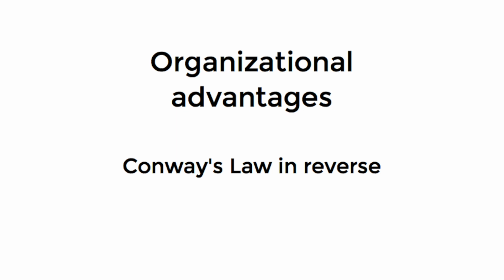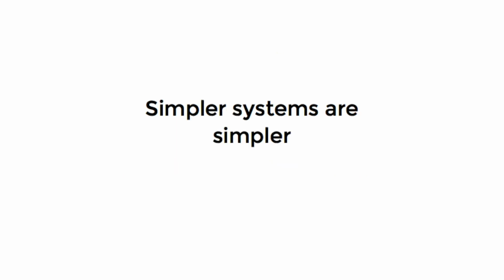But the reverse can also be true. You can structure your software such that it demands that teams be in an efficient structure. You can demand that your software is built in a way that makes for efficient teams. So the first organizational advantage is simply that simpler systems are simpler. Each individual service is a small, isolated domain of understanding. It has limited and easily understood inputs and outputs. And that makes the whole service easier to fit into one human brain.